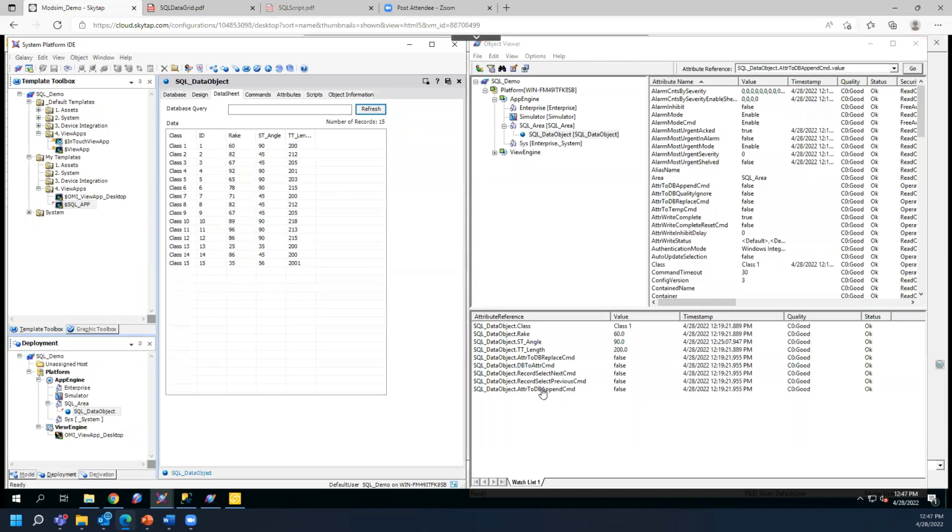So if I go to class 15, let's say I click on this one, it's reading right now. So let's say db to attribute command. I'll just double click on this and say apply, okay. And then I'll enable this attribute to db append command. It's going to write a line just after the line that I'm reading right now, which is class 1. So if I double click here and say true, okay, and refresh this, you should be able to see a